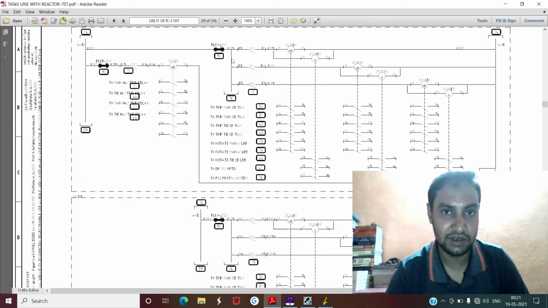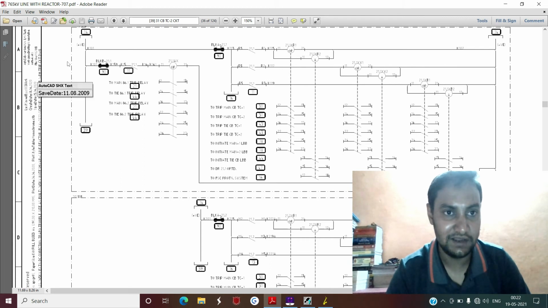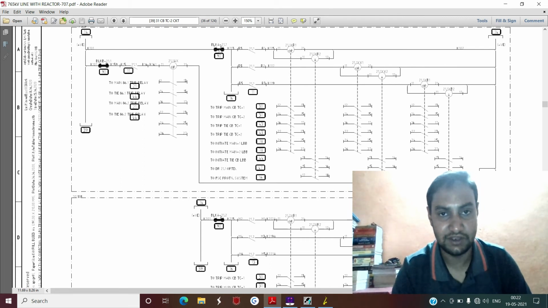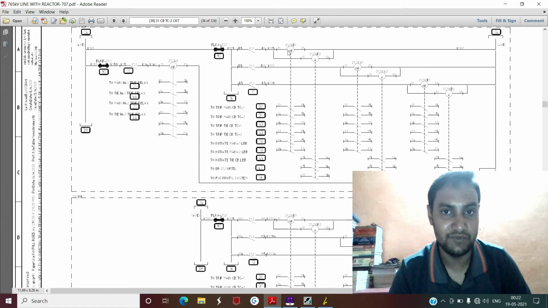So suppose this is output contact 7, 8, and 9. Once output contact 7 gets high in your distance protection relay, what does it do? It activates the operating coil of the auxiliary relays 21.1 XR1 and 21.1 XR2, because once this contact gets high, this side is your positive DC bus. So this positive is extended to one end of this operating coil.